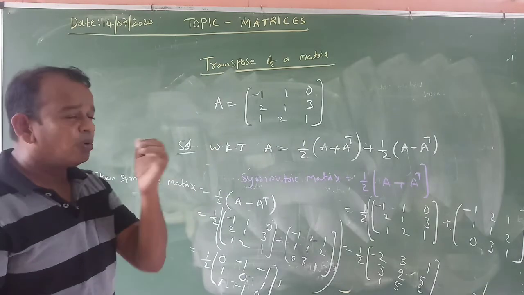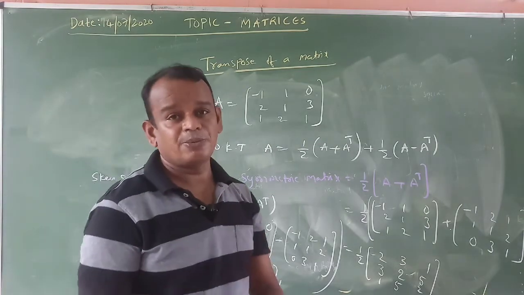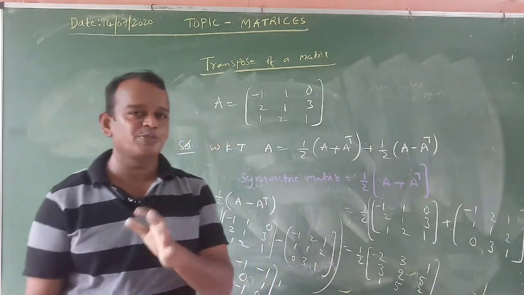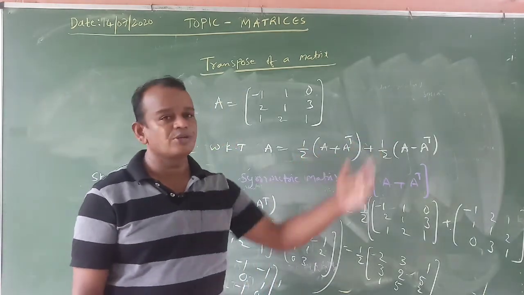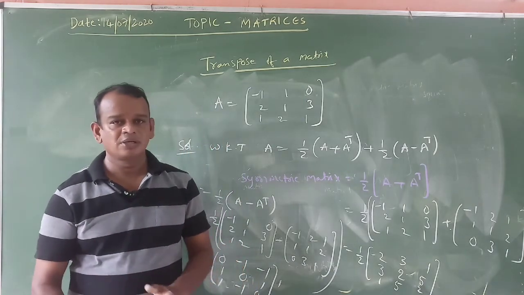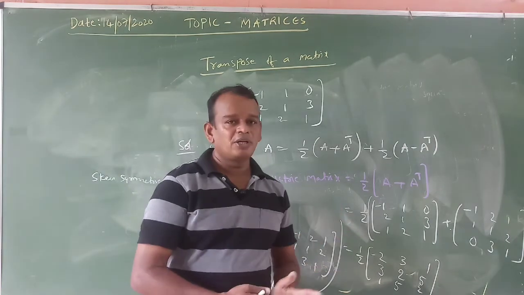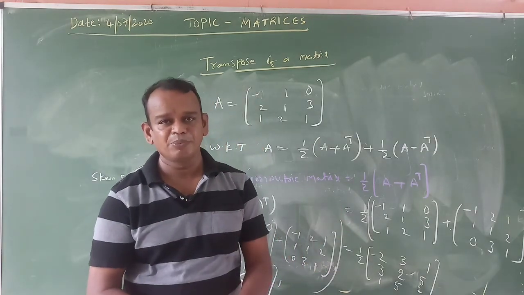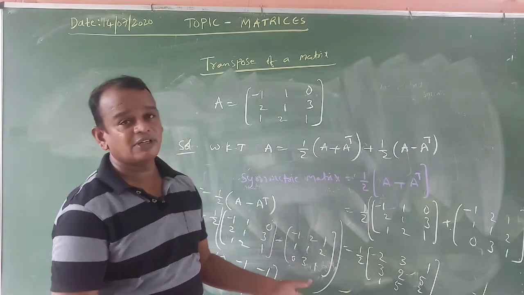This is very, very important for a 4 marks question type. One square matrix can be uniquely expressed as the sum of a symmetric and a skew symmetric matrix. Okay, today onwards, this chapter matrices will be complete. We will do exercise 3. Please complete exercise 3 based on this.